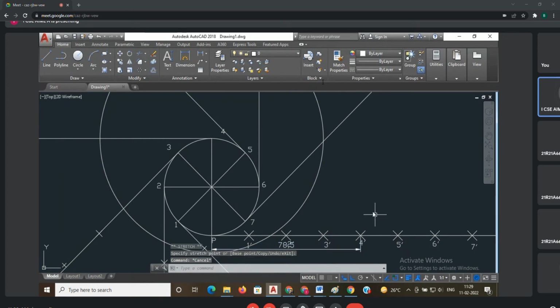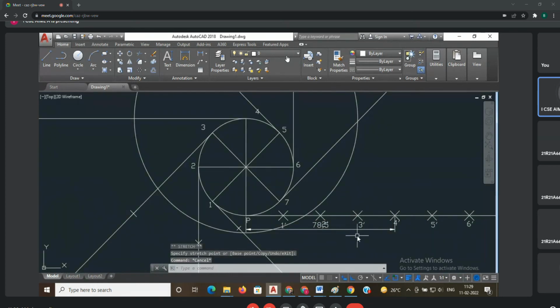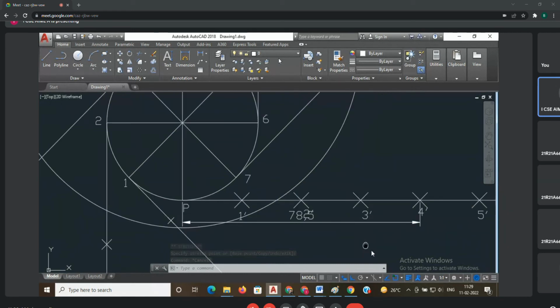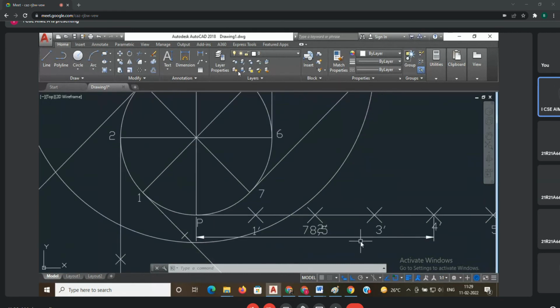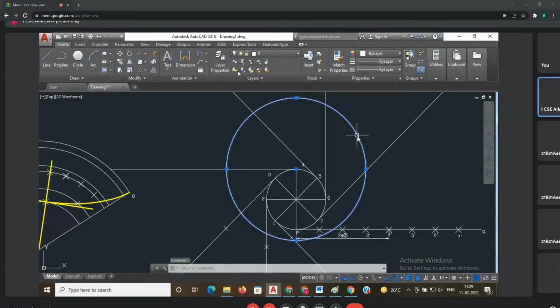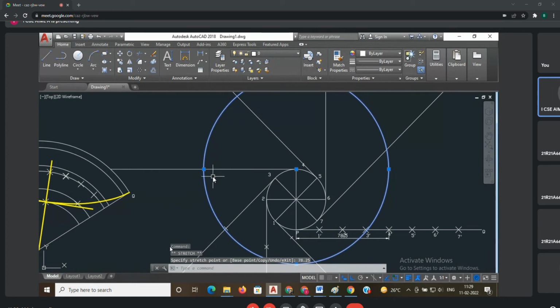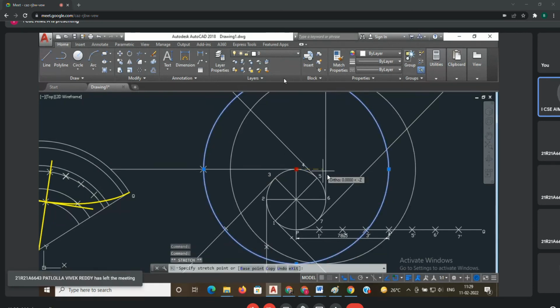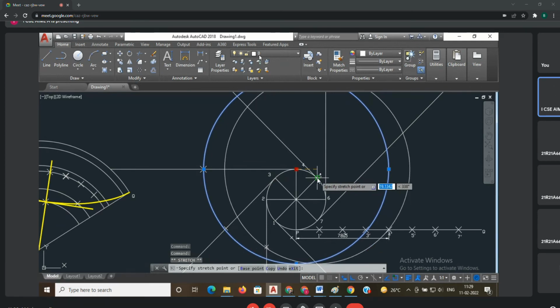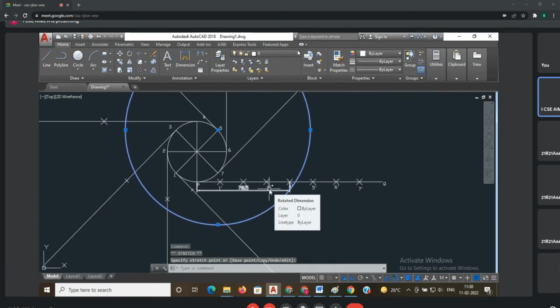Now we don't have any alternative method here. You have to go with 8 points. You have to go with 8 divisions. Now what is the length? 78.25. Select the circle, select the length, just move it and give 78.25. Okay, done. Now this fourth point, you will get somewhere here on the fourth line. This is P4. Okay, then again shift the center from 4 to 5 and change the radius value. How much is it?